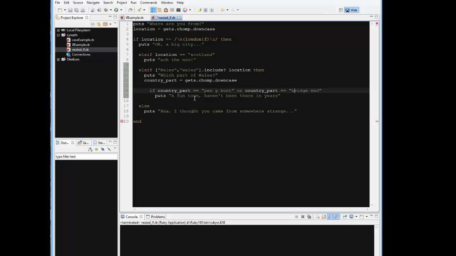Then puts, hey, a fun town. Okay, so we've got our if going on there. Now let's go ahead and do an else if within this if statement as well, and just for clarity let's indent it. So else if, I always say elf